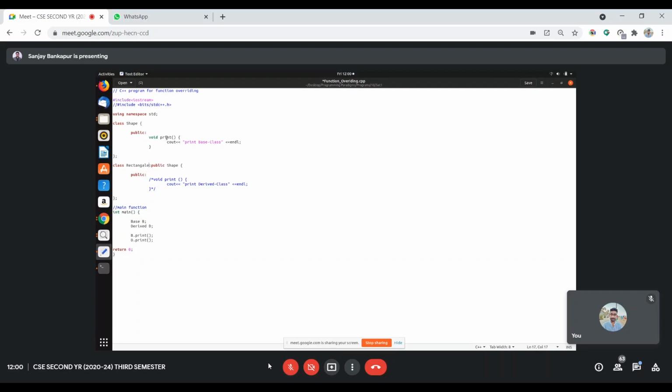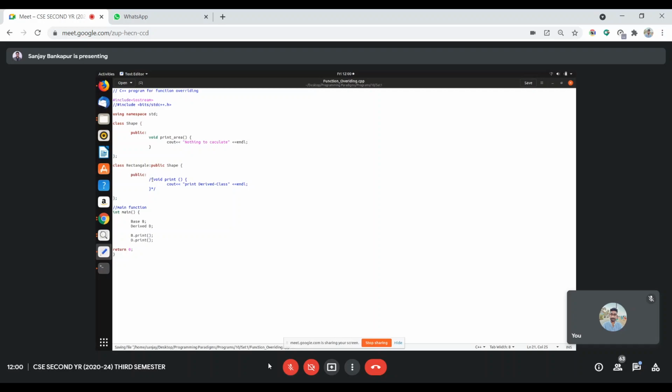So I want to print, say, print area. Area, it doesn't know what shape it is. So nothing to calculate. Okay, nothing to calculate.